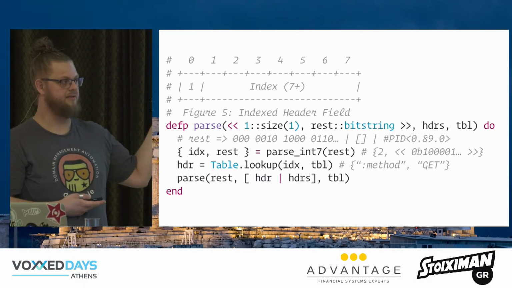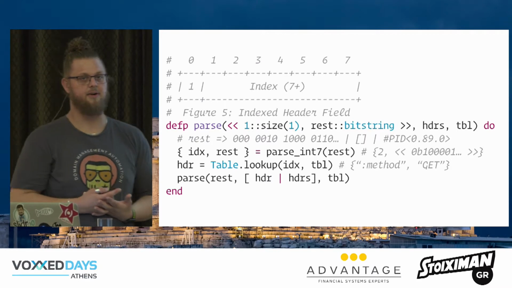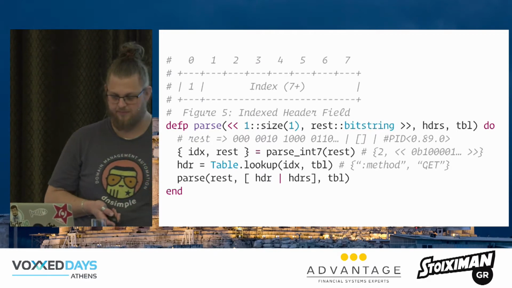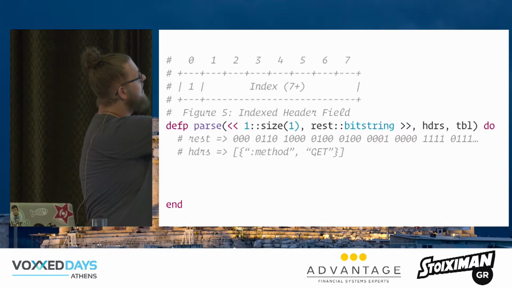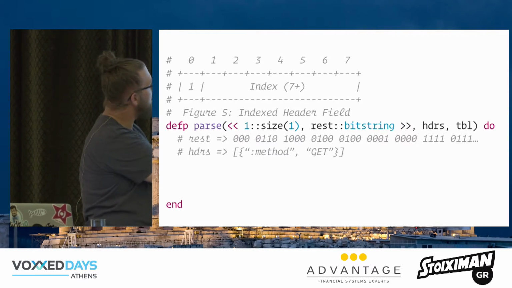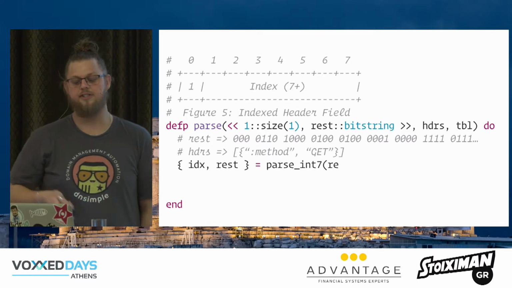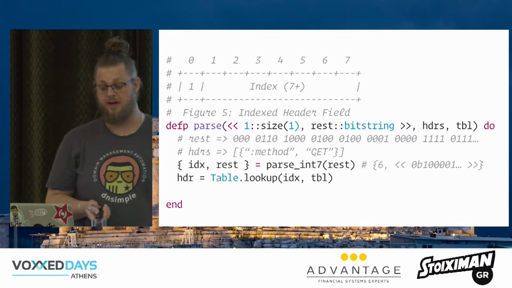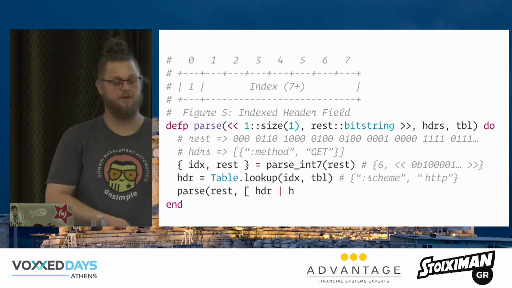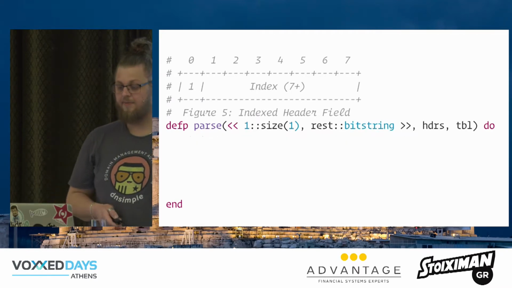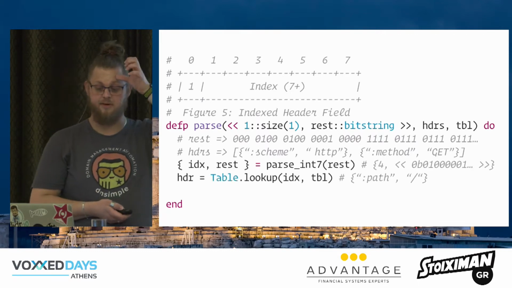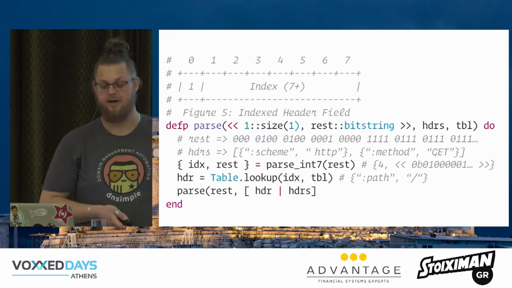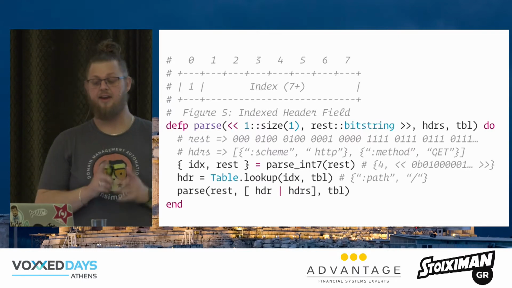So this is a recursive function, because Elixir is a functional language, it's immutable, so there are no loops. So we call parse again, and I spare you the details because it's again the same index, so we do the same stuff. I just want to point out that we now have one header in the list here. First thing we do is we parse out the integer, then we look up the header. Now we know it's scheme HTTP, and then we append it. We call the same thing again. We know it's again a 1 at the beginning, so we do the same thing. We parse out the int, we look up the table, we know it's path slash, and then we call parse again. Now it gets interesting,